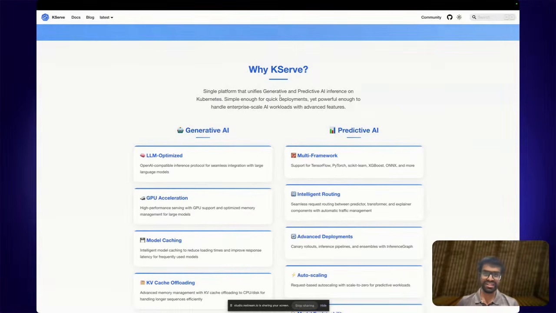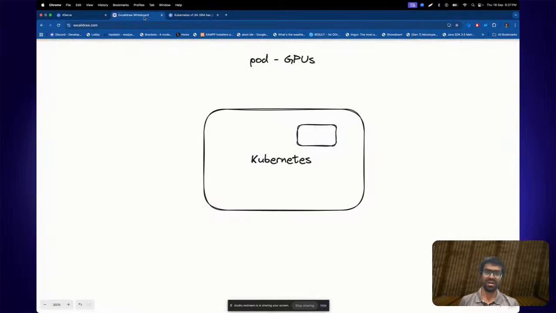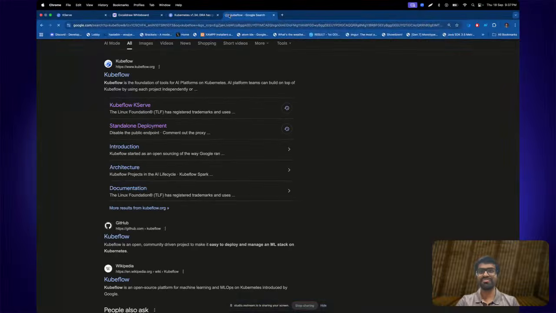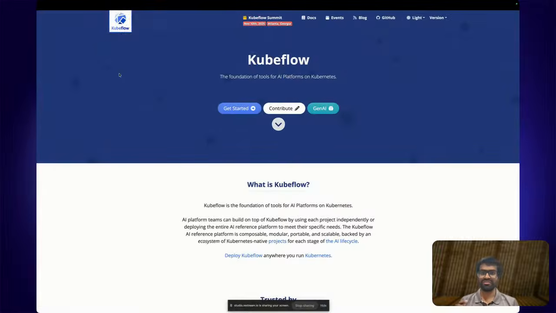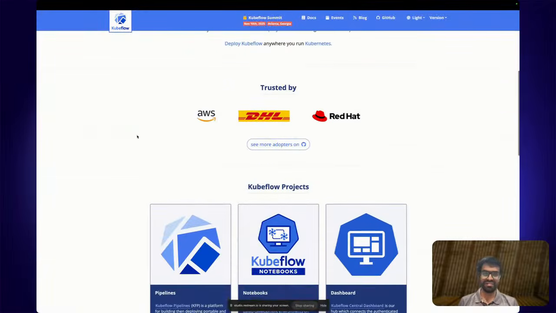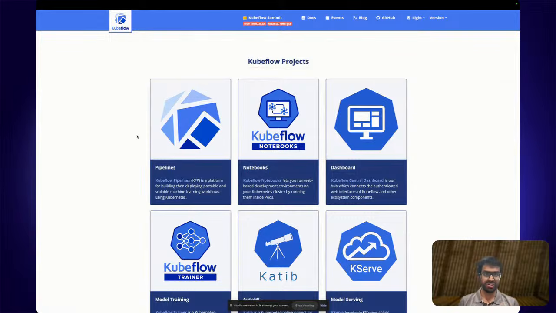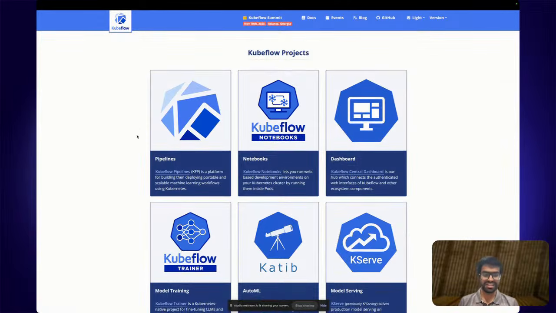So that's really unique to see. KServe as an open source project gives you the capability to do inference, so primarily it serves that purpose. Now, coming from a Kubeflow background, if you're not already aware what Kubeflow does, I would like to talk about Kubeflow for a while, because Kubeflow as an open source project is also built on top of Kubernetes.